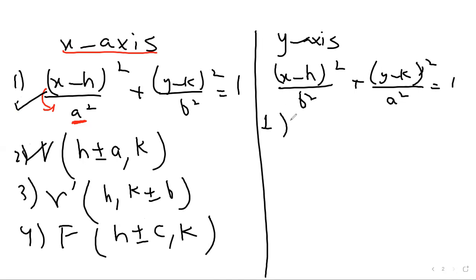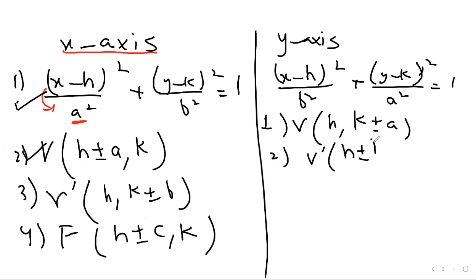Similarly, if you will see here, the vertex will be (h, k plus minus a) for the y-axis. Number 2, B dash is (h plus minus b, k),